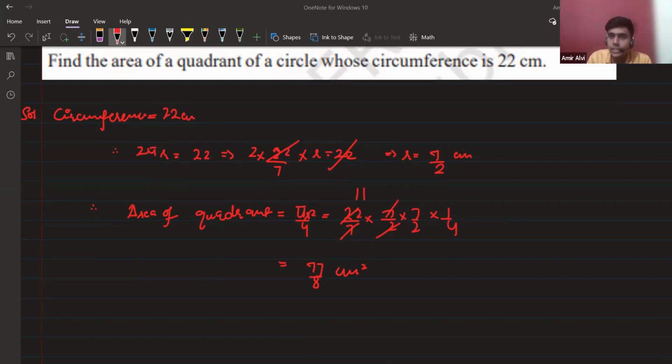So we don't need to convert to decimals. If the value of pi is given as 3.14, then you have to take the value 3.14. Otherwise, you can take 22 by 7. And even if the answer is in fraction, okay, no worries. No one is going to cut your marks for that. If it's specifically saying that you have to use the value of pi as 3.14, then you have to use that value. Otherwise, leave it in the fractional form. No one is going to cut your marks for that. Clear, everybody?